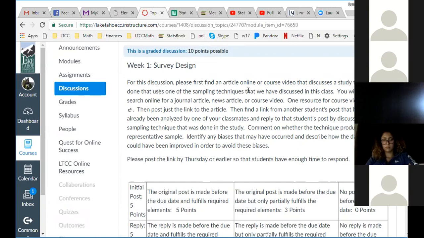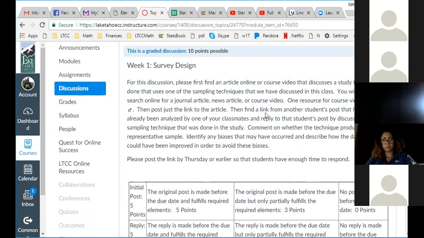For this discussion, please find an article online or course video that discusses a study that was done that uses one of the sampling techniques that we've discussed in class, which we haven't yet because I'm going to talk about it Tuesday. You will want to search online for a journal article, news article, or course video. One resource is here. Then post just a link to the article.